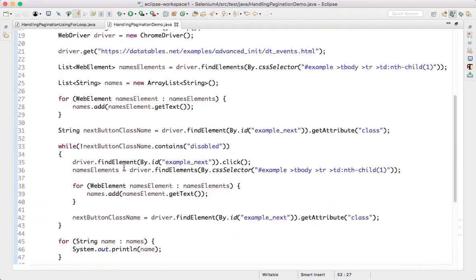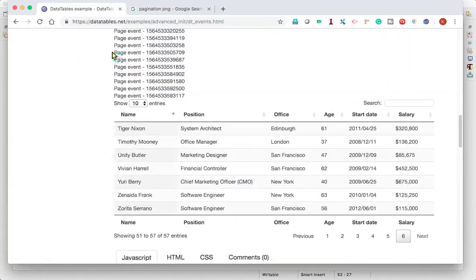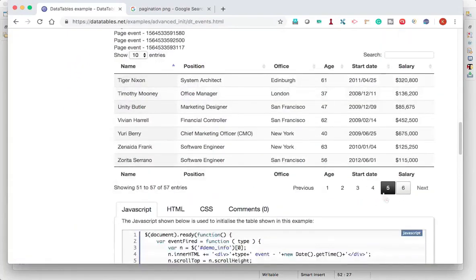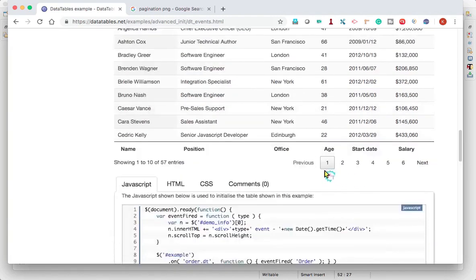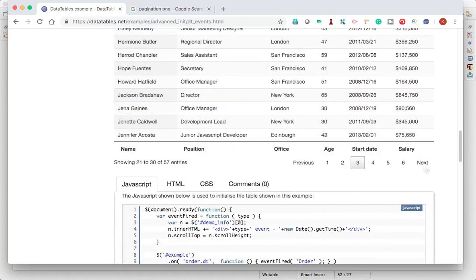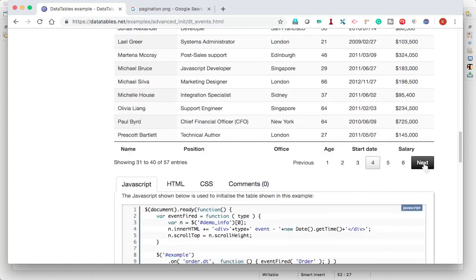Okay, so now we'll explain the logic again. Once you visit this page, I don't know how many pages are there here. Now at present I have 6. Tomorrow there may be 10, there may be 2, there may be 100. I don't know. If any number of pages, my logic should be very unique. So here, what is the condition? Any pages are there, you don't bother about that. You just keep clicking on the next button. Then it will go one by one page. So click on that page, capture all the elements and add it to our list and print.